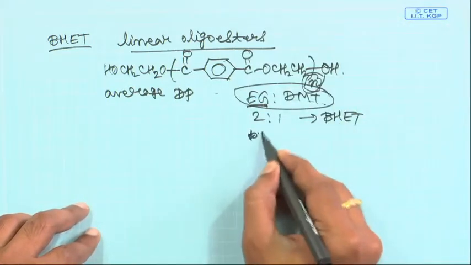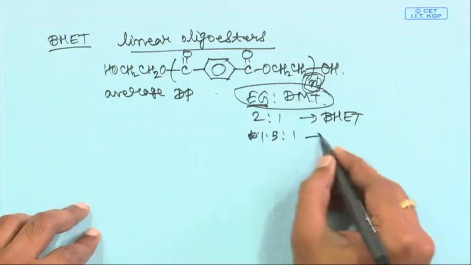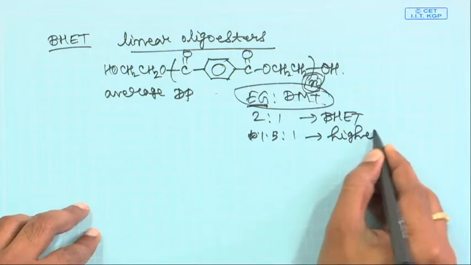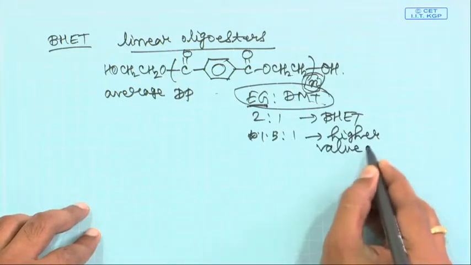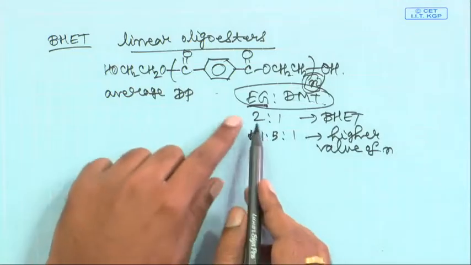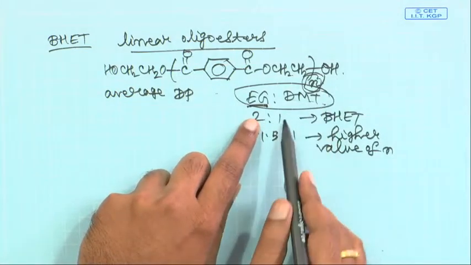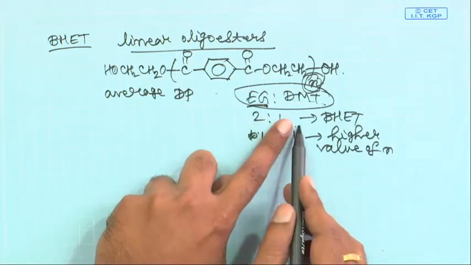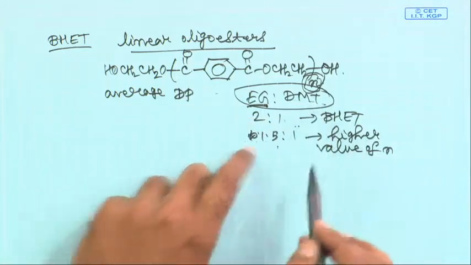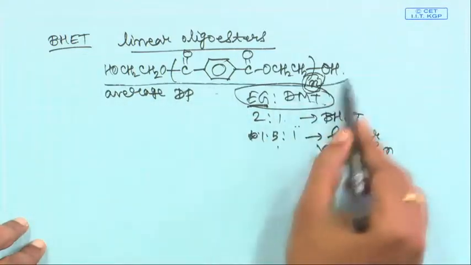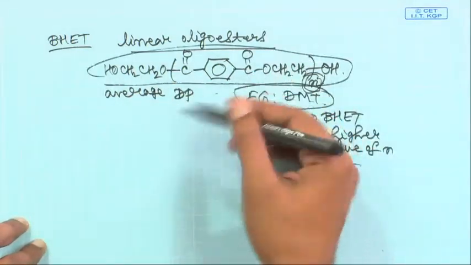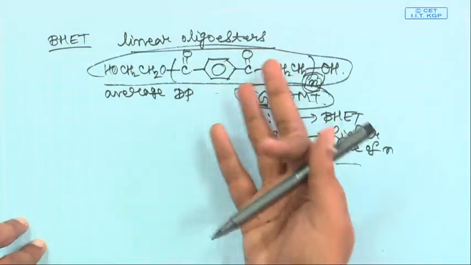say 1 to 1.5 if you are using, then you will get a higher value of N. So, instead of 1 to 2, if you are using 1 to 1.8, then you will get some N value. If you are using 1 to 1.5 instead of 1 to 1.8, then you will get a higher N value, and so on and so forth. So, you will get something like a pre-polymer that you can subject to further polycondensation step